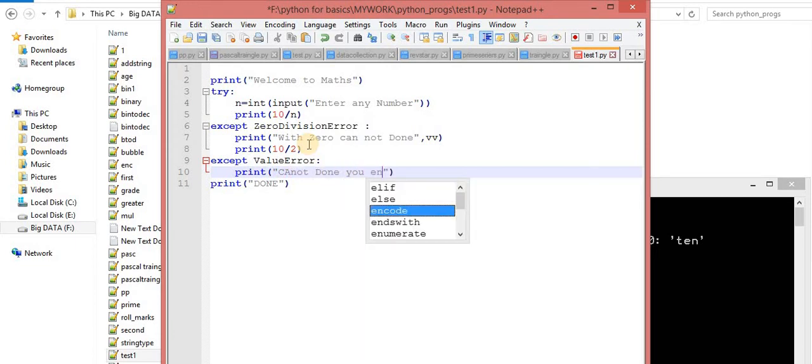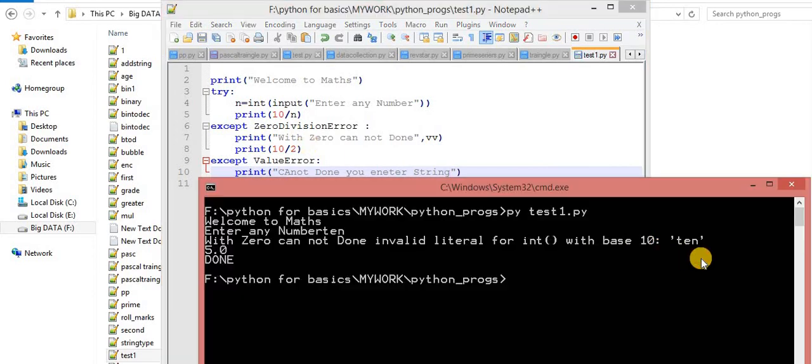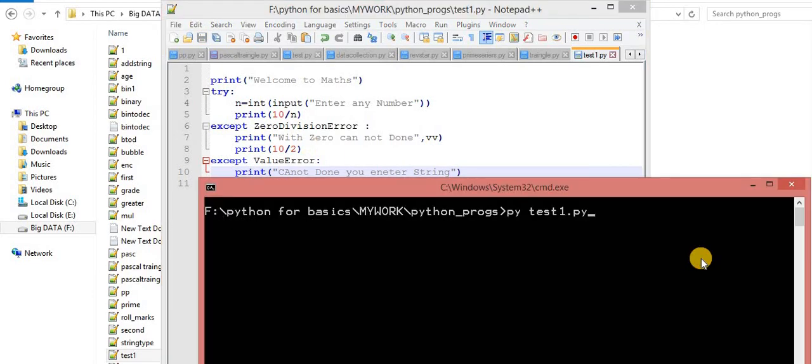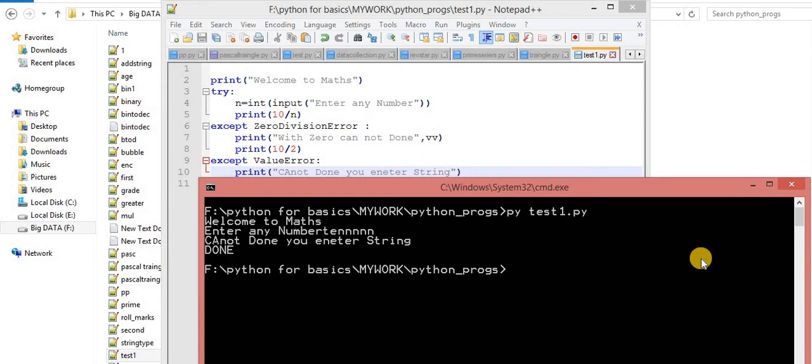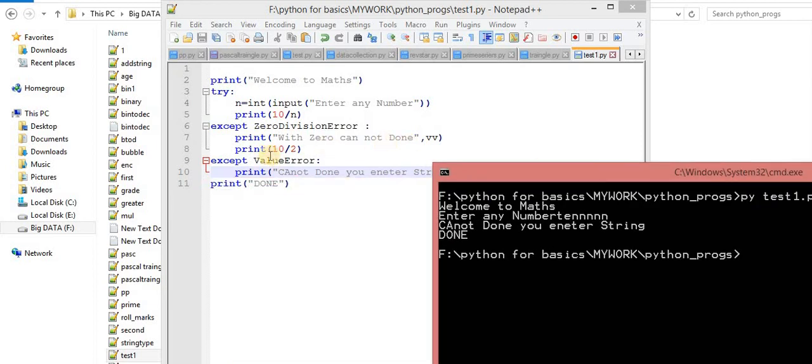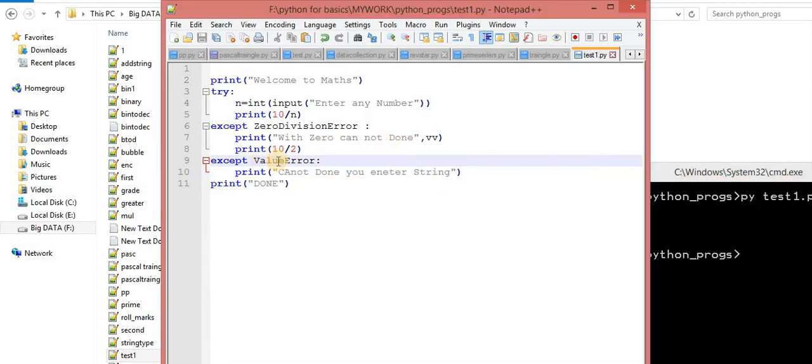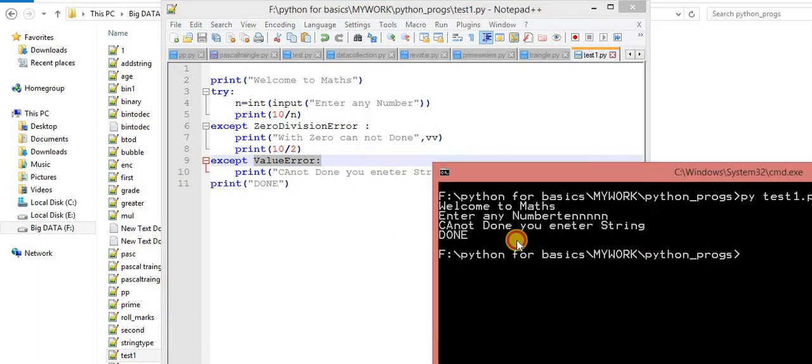You enter string. Okay, now understand it. I am entering TENNN. Now you can enter. Cannot be done. You enter string. Now the control travels into this except. When an error is thrown from this try, the except ValueError catches that error. Okay, so this is the way.